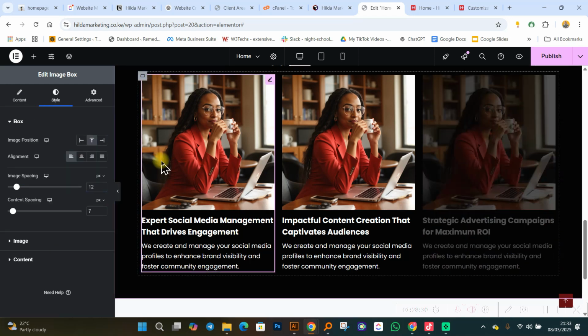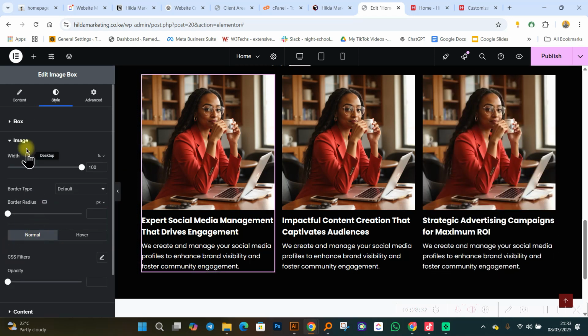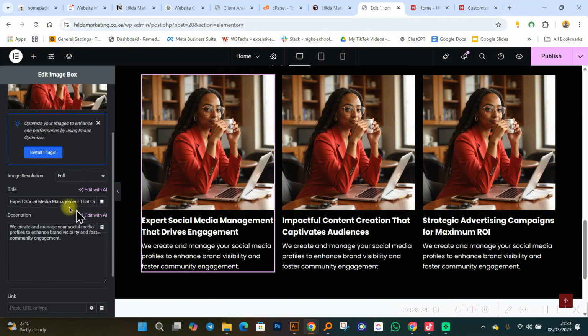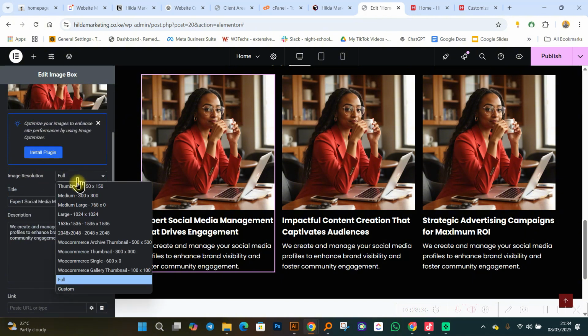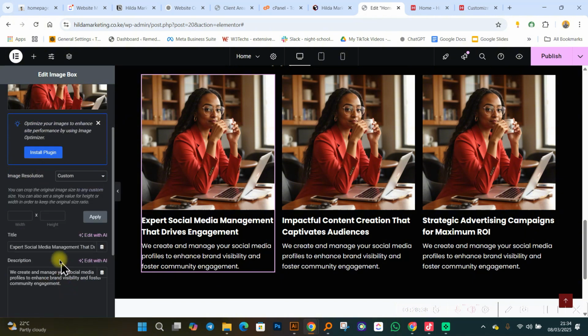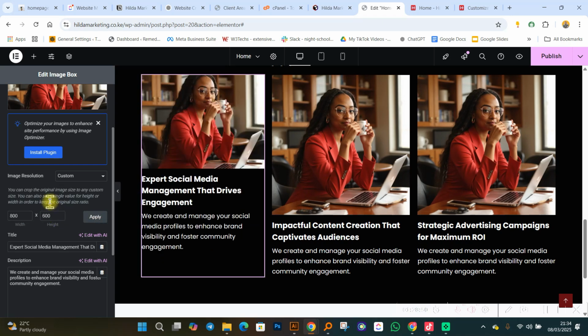I can change my image. In fact, to make my image better, all right, if I click on my content and I change my image resolution, you can customize the size of the image. Probably we can say that we want the image to be 700, or we can have it as 800 by 600 pixels. Then we click on apply, like that.